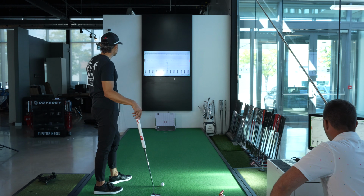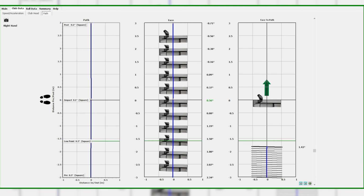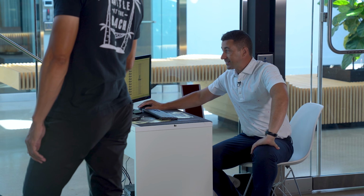Oh, is that a hint inside out on that? That was right on the money. This is absolutely cash. Look at this. Got square right before, probably about 0.6, 0.7 of an inch before impact, and the club face stayed square